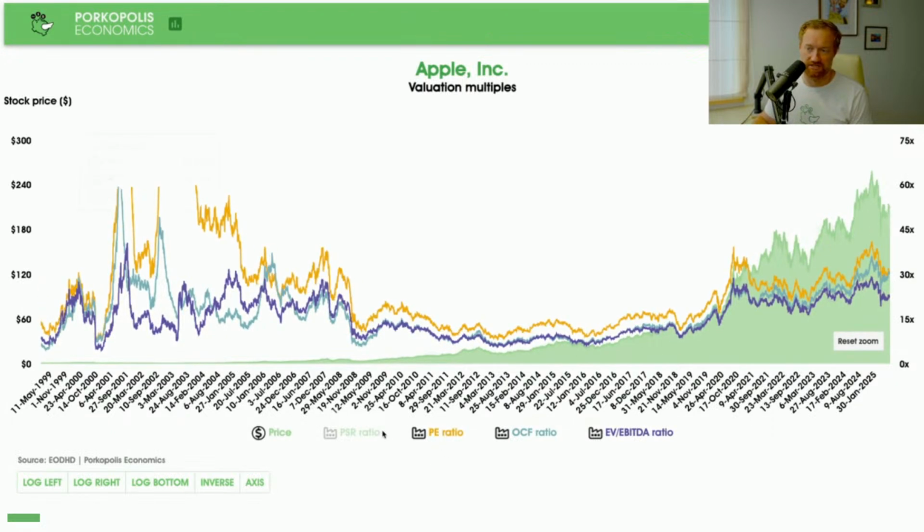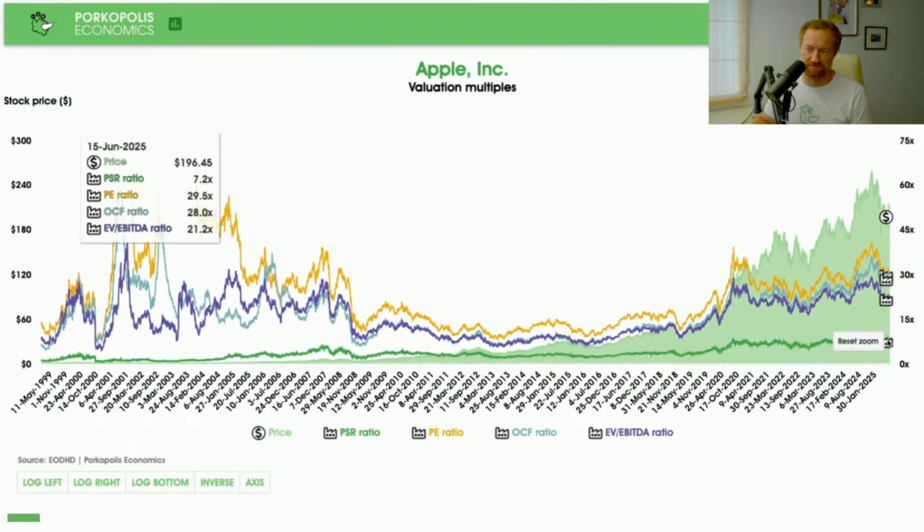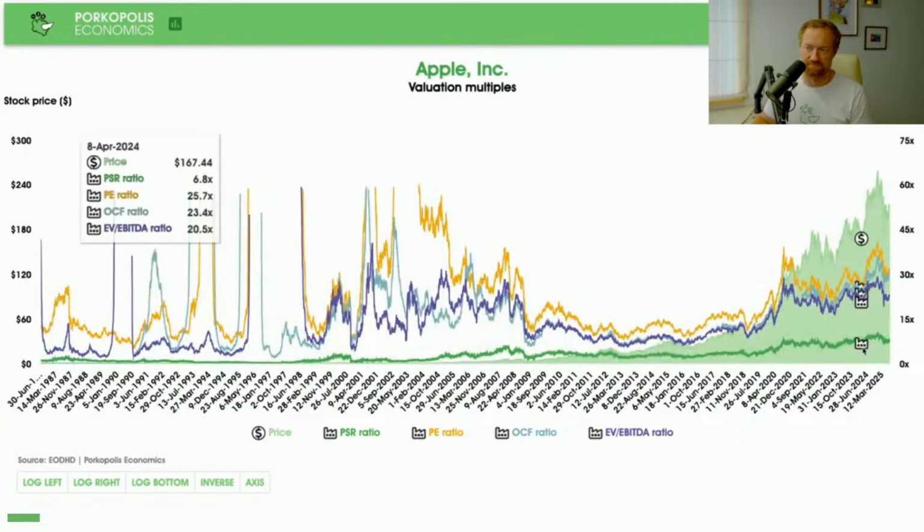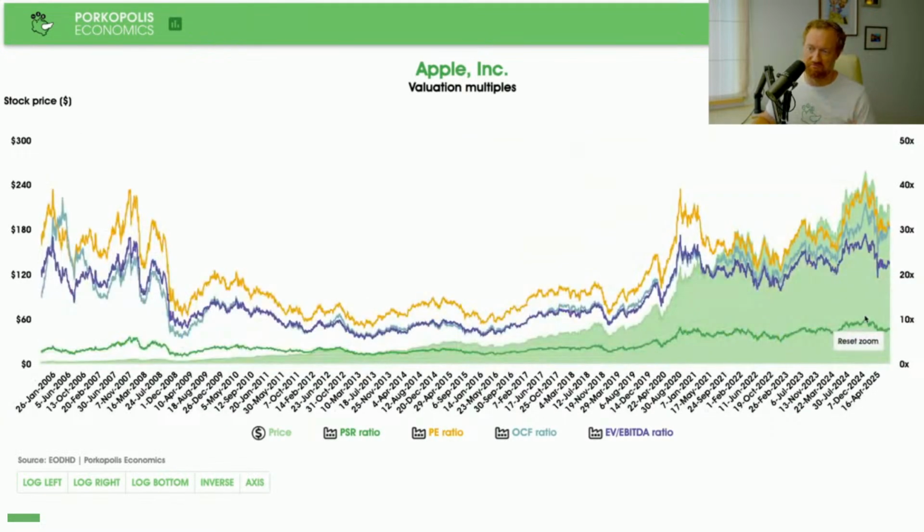So we put on the PE ratio, put on the PSR, which is going to give you a different way, but it's kind of a different level of things. So if you zoom in, you can see they're all running a little bit higher relative to the past. But if you think about when you actually become pregnant with an investment, so to speak, when you actually take the dive, when you buy the stock,